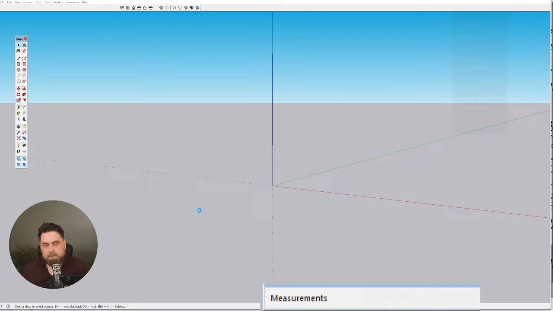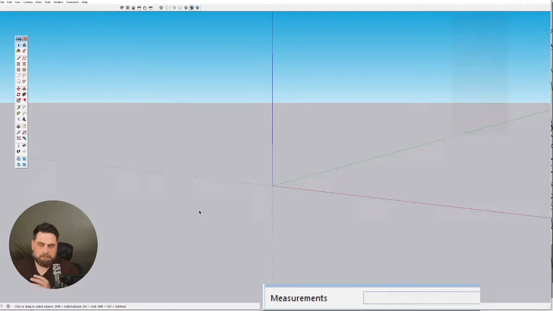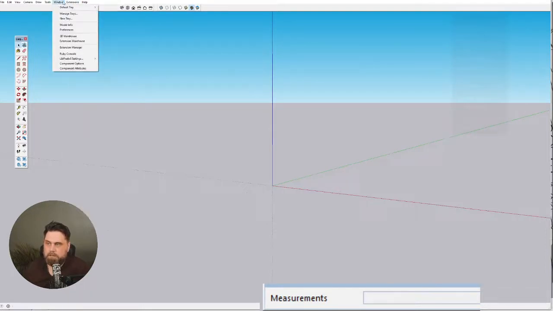Okay, so one thing you can note in SketchUp is that when you get your initial scene set up the way that you want it, you can also save that as a template so that when you open SketchUp, it gives you the option to open it just the way you want it every single time. So the first thing I'm going to do here is go to Window, Default Tray,